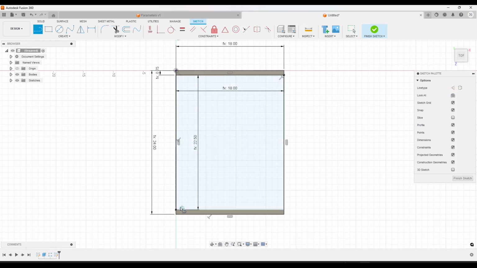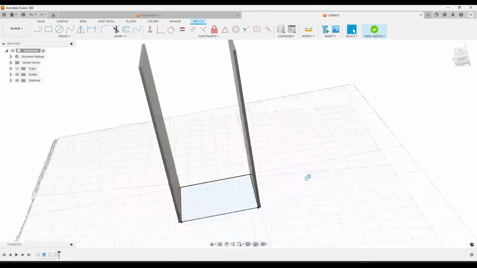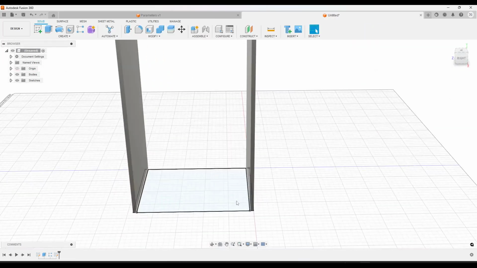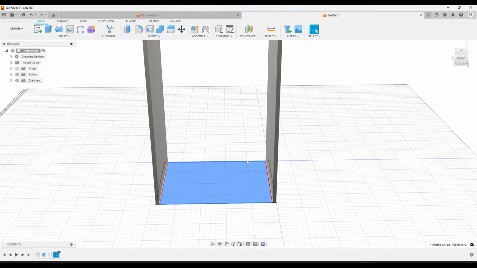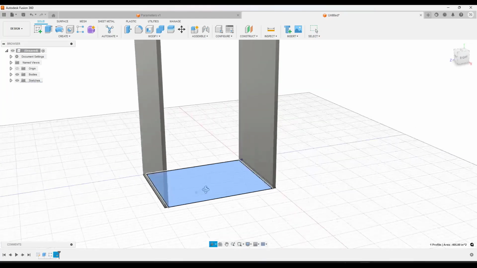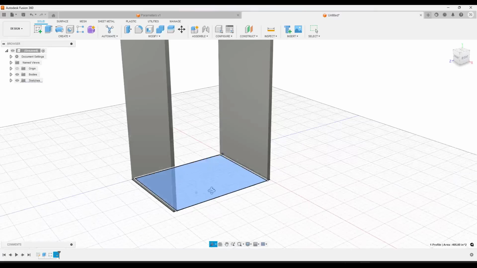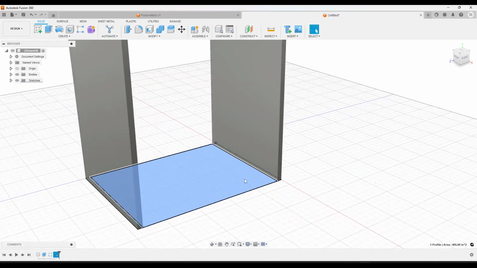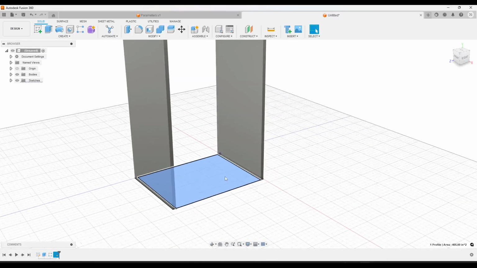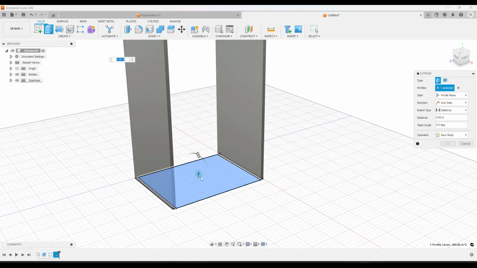Like that. So now you've got that line in here, and then you've got another line that's going to be shelf depth, like this. And the reason this is important, and we can go ahead and finish this sketch, is now we've got a sketch that's the proper width to be the width of our shelf. So what that means is that now if I extrude this up by shelf thickness,